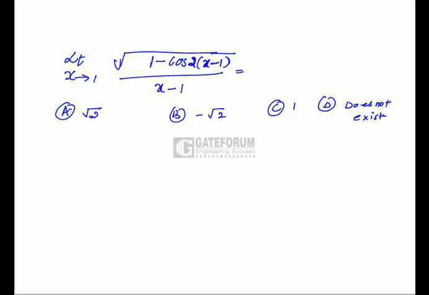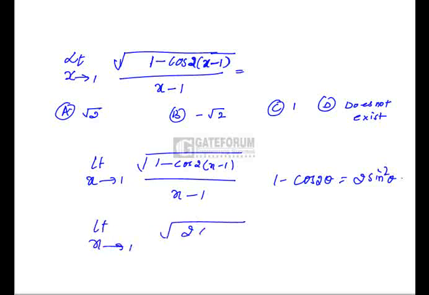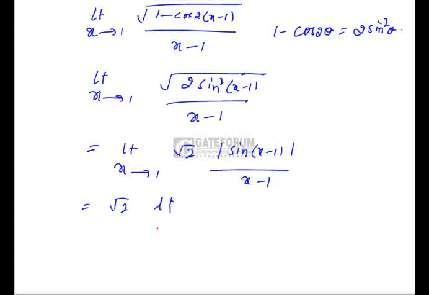In this problem, the given limit is root over 1 minus cos 2 times of x minus 1 by x minus 1. Now we know that 1 minus cos 2 theta is nothing but 2 sine square theta. Just will substitute that value. Limit x tends to 1 root over 2 sine square of x minus 1 by x minus 1. Now we can write this as limit x tends to 1 root 2 times of modulus of sine x minus 1, because it could be positive or negative. Now this can be written as root 2 times of limit x tends to 1 modulus of sine x minus 1